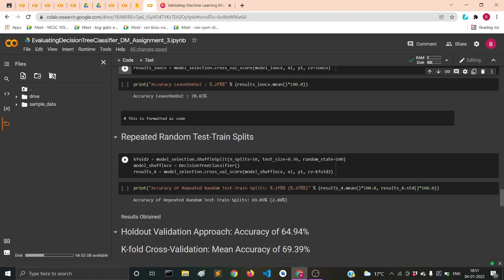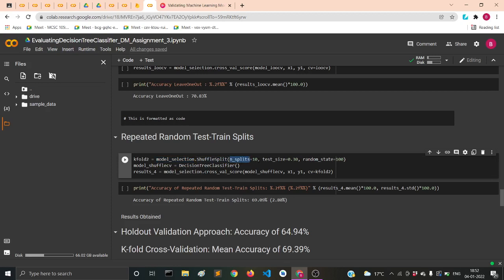So here also the pattern followed is the same. You initialize your model, and then you give the first parameter as the model, second is x1, then y1, and then you have the CV parameter to be this one, which is your initialized cross validation particular instance. Like here you call the model selection dot shuffle split with the number of splits equal to